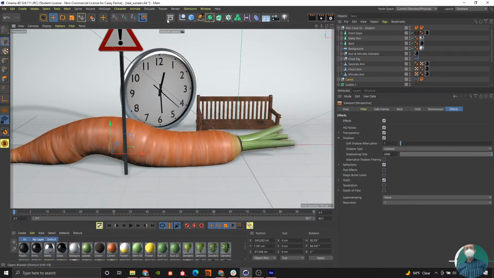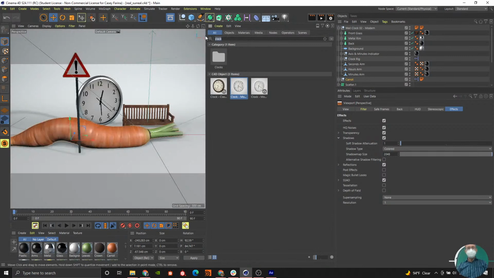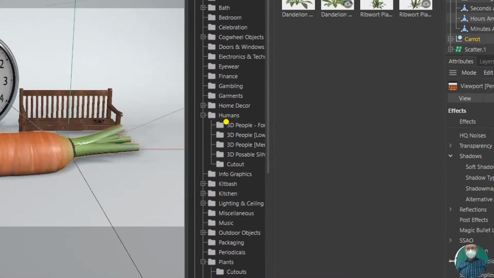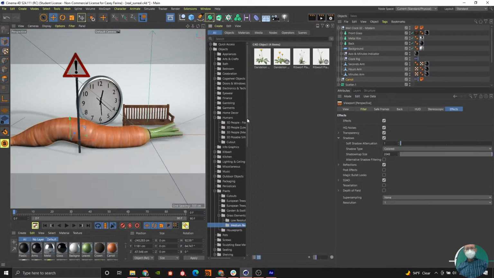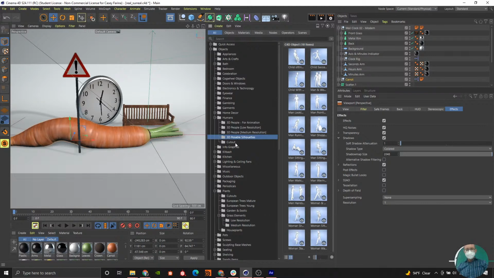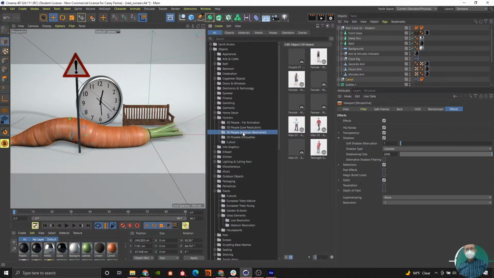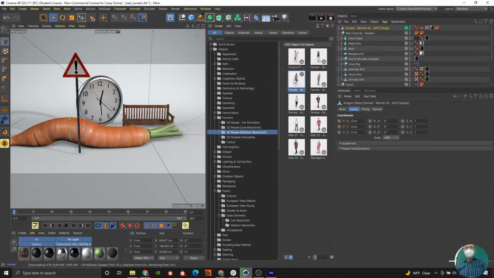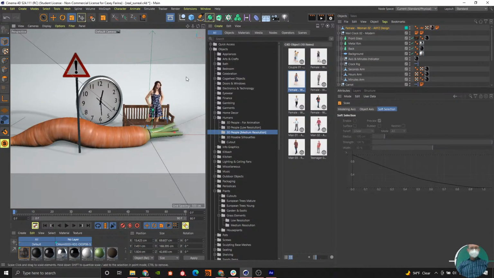The people in the asset browser are another fun place to play with scale. If you look at the humans folder, there's humans of different qualities here. Like the trees, there's some that are just silhouettes. There's some that are cutouts. There's some that are people that are just frozen, so they're not posable. They're just one. And so here, for instance, if I went in with the place tool,